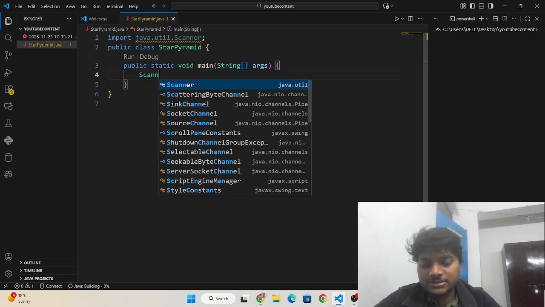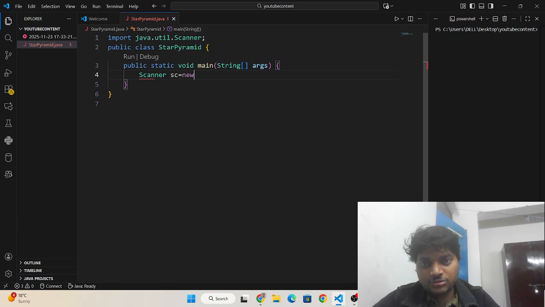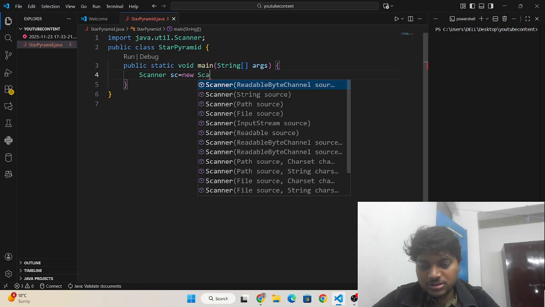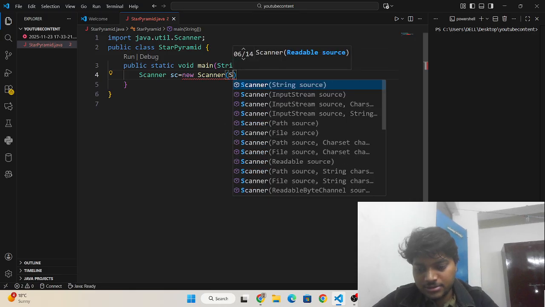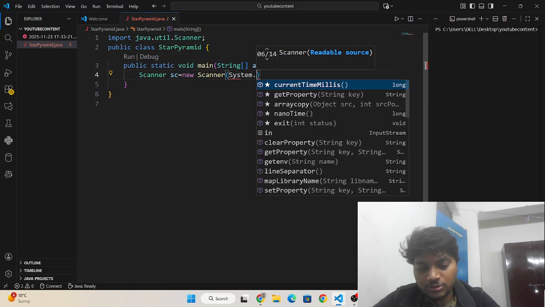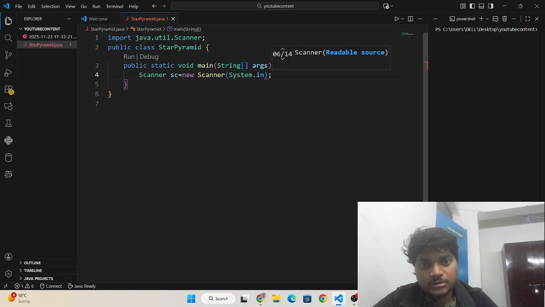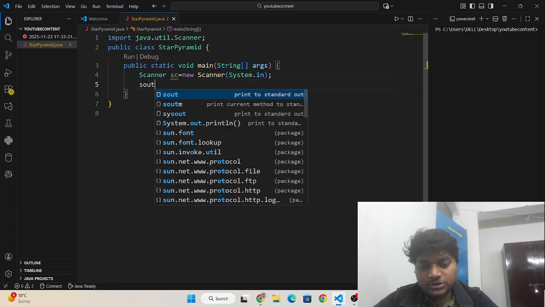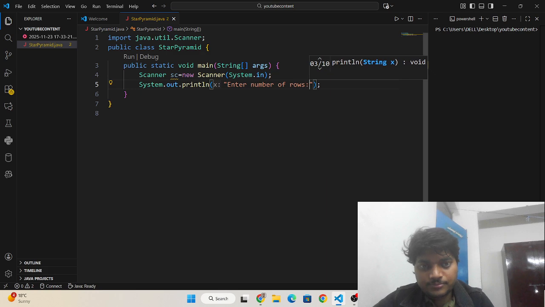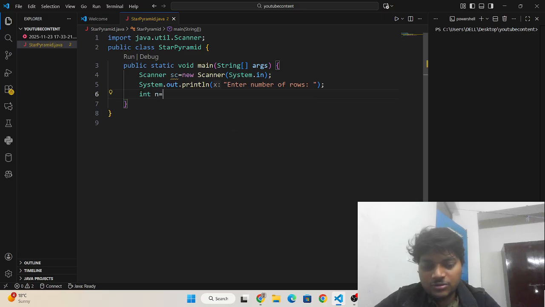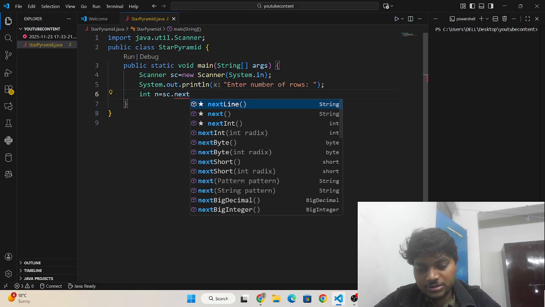So I need to write Scanner sc is equals to new Scanner System dot in, and then print enter number of rows, and then int n is equals to sc dot nextInt.